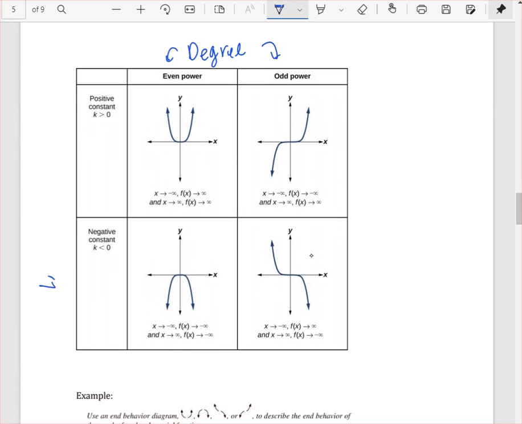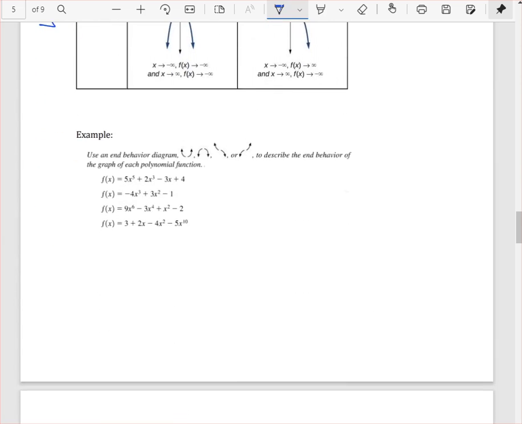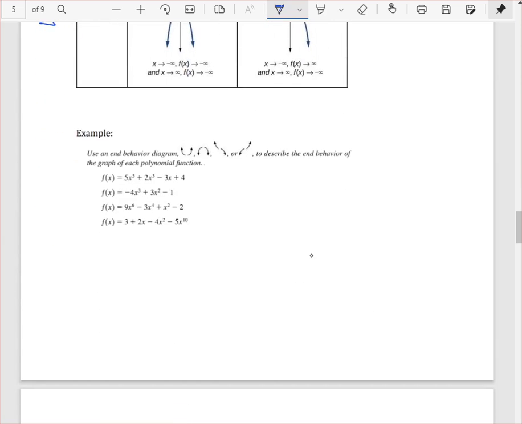And then over here is the leading coefficient. So the leading coefficient is positive or negative. And then that's how you answer the question. For example, on this one, you look at the highest power, which is 5. So the degree is 5, which is odd. The leading coefficient is 5,